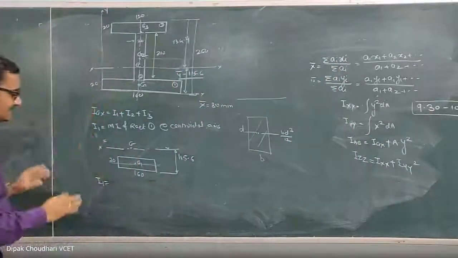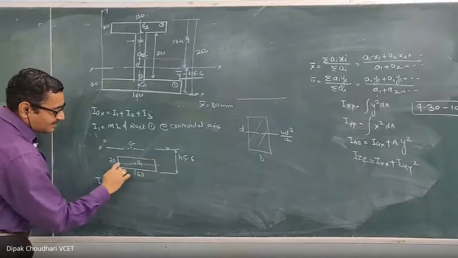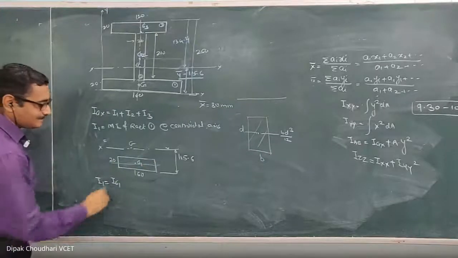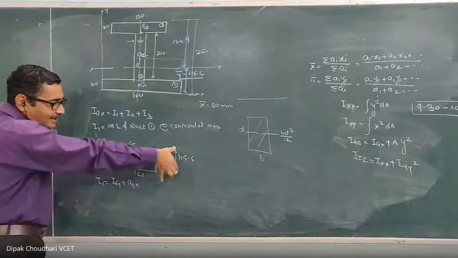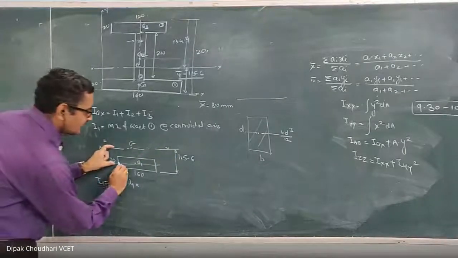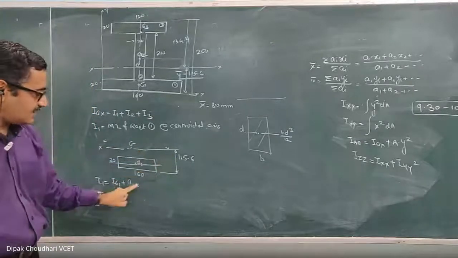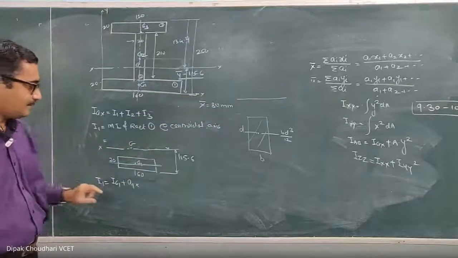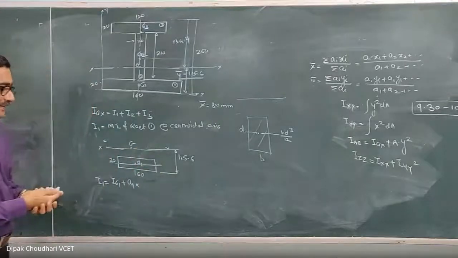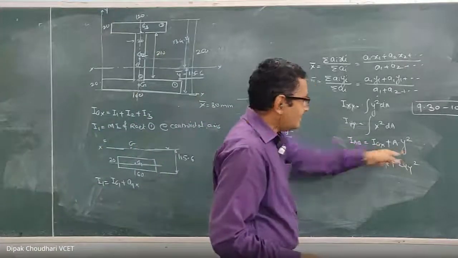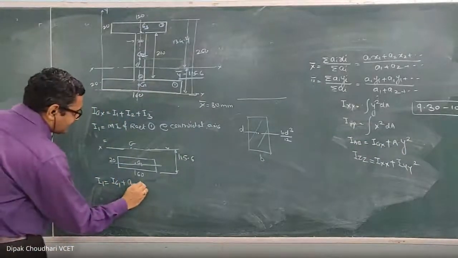So for your understanding, I am writing it here. I1 equals IG1, the moment of inertia of this rectangle 1 about its own centroidal axis passing through G1, plus the area of that lamina A1, into the square of the distance between these two parallel axes, this centroidal axis and this axis where we have to calculate the moment of inertia. We need the distance between the two, which is the distance between the two parallel axes. This y in this formula is the distance between the two parallel axes. Here I am writing it as y1 squared.